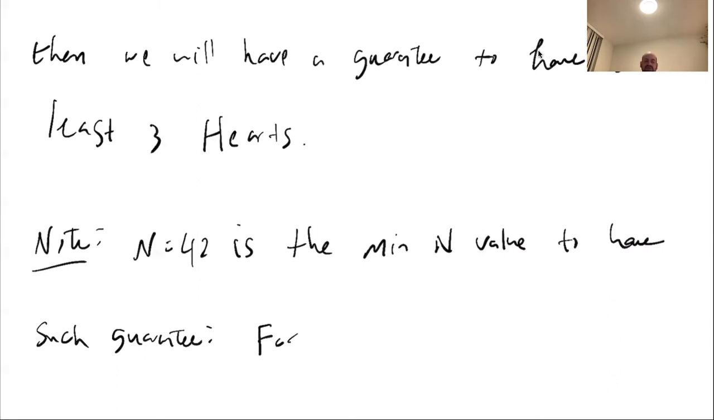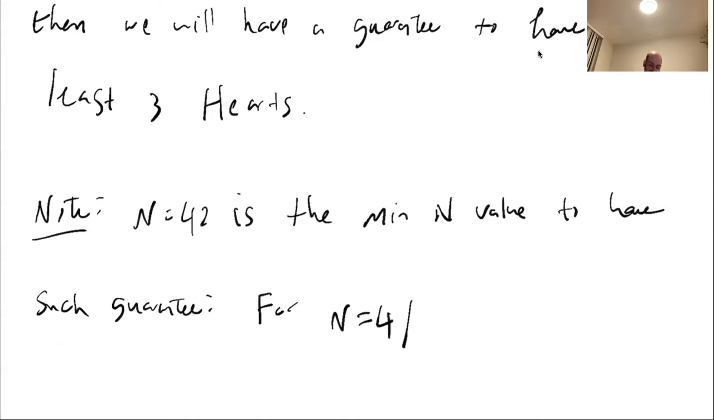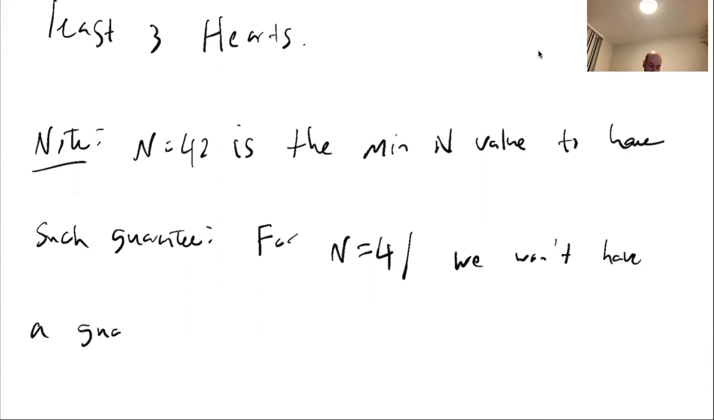because in the exam, let's say you're claiming that n equals 42 is the minimum number for which you have a guarantee, there are two things you have to show. You have to show that for n equals 42 you have a guarantee, and also show that this is the minimum number, meaning that for one number less than that, which is 41 in this case, you will not have a guarantee. These two together mean that 42 is the minimum number that gives a guarantee. So for n equals 41, we won't have a guarantee to have at least 3 hearts,